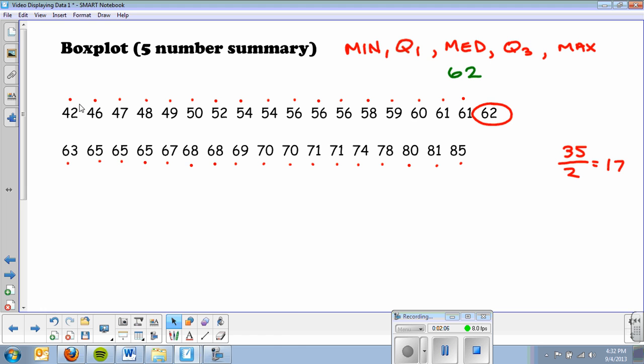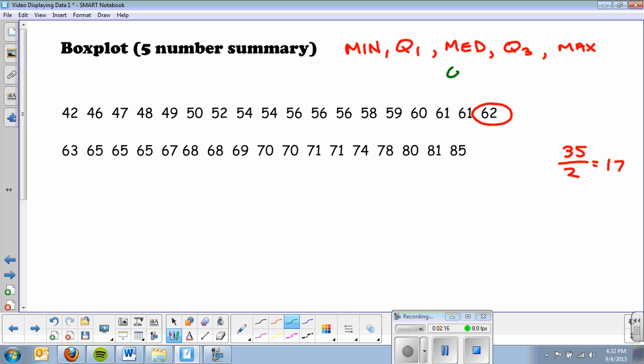Okay, now to get the first quartile and the third quartile, it requires a little bit more work. The min and max are pretty obvious. The min is 42, that's the lowest number. The max is 85. Okay, so what I'm going to do to help you visualize a little bit is separate this. So once you have the median,